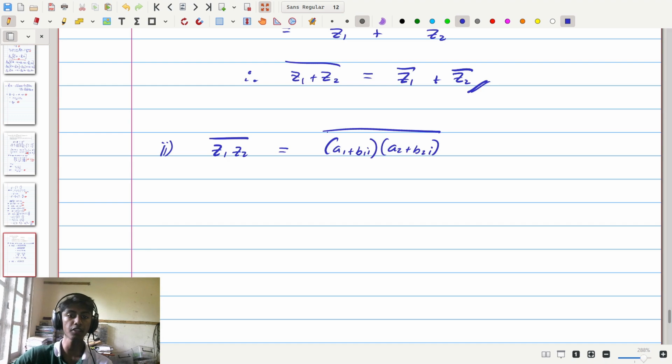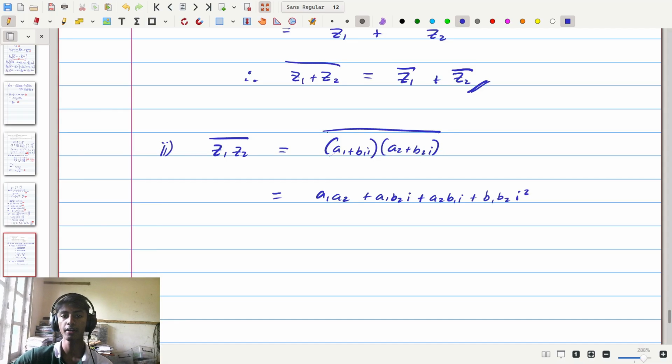Now if we expand this, inside the brackets we get A1 times A2, which is A1 A2. We get A1 times B2i, which is A1 B2i. We get B1i times A2, which is A2 B1i. And then we get B1i times B2i, which is going to be B1